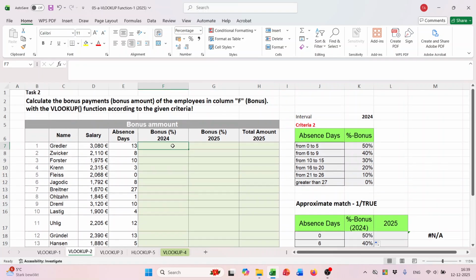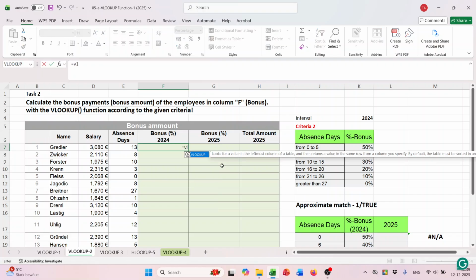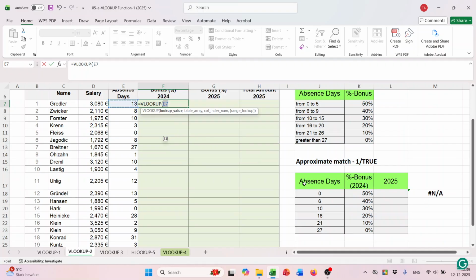So what will be the bonus percentage in 2024? Like this, we will use the VLOOKUP function and our lookup value is here 13. Our table array, this is our table which we need to work on, and it should be locked. Then comma, our column index number is the second column, so 2,